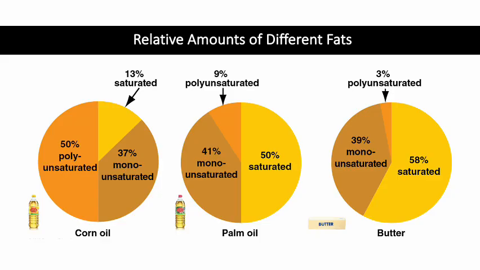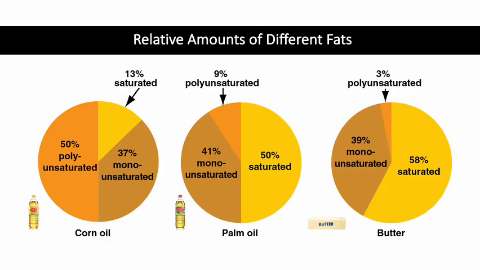When we compare different fats, the proportion of saturated and unsaturated fatty acids really matters. Corn oil is mostly unsaturated, with about half of its fat being polyunsaturated and over a third monounsaturated, which helps explain why it stays liquid at room temperature. Palm oil is more evenly split, but it contains a much higher proportion of saturated fats, which makes it more solid and gives it different biological effects. Butter contains the highest percentage of saturated fats, with very little polyunsaturated fat, which is why it is solid at room temperature. These differences in fatty acid composition directly influence both the physical properties of fats and their